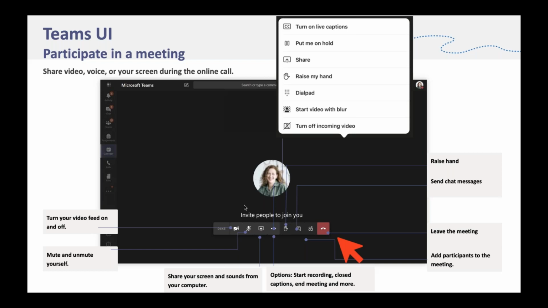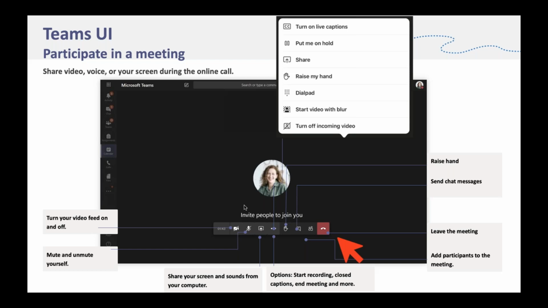We've got the chat function, which I was just talking about. It can also be accessed as part of the meeting, so that when you're in that meeting, you can have chat ongoing as well. But again, you can switch this on and off. You've also got the raise hand tool, which is great if you want to let the speaker know that you want to ask a question. You can also see all your participants and invite any members who are perhaps running late or have forgotten about the meeting, which is great. I've used that quite a lot. You have a meeting scheduled and you can see that 4 people haven't come in, but just call and they go, oh yeah, I need to be there.